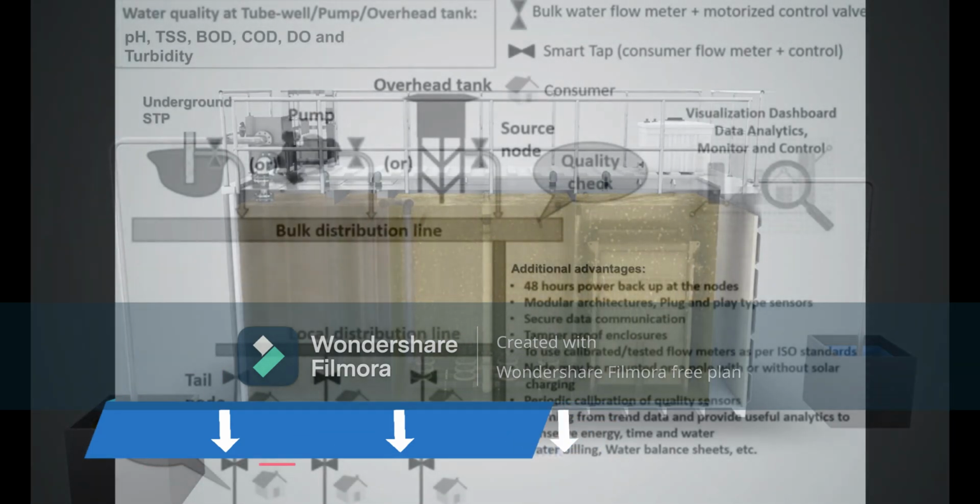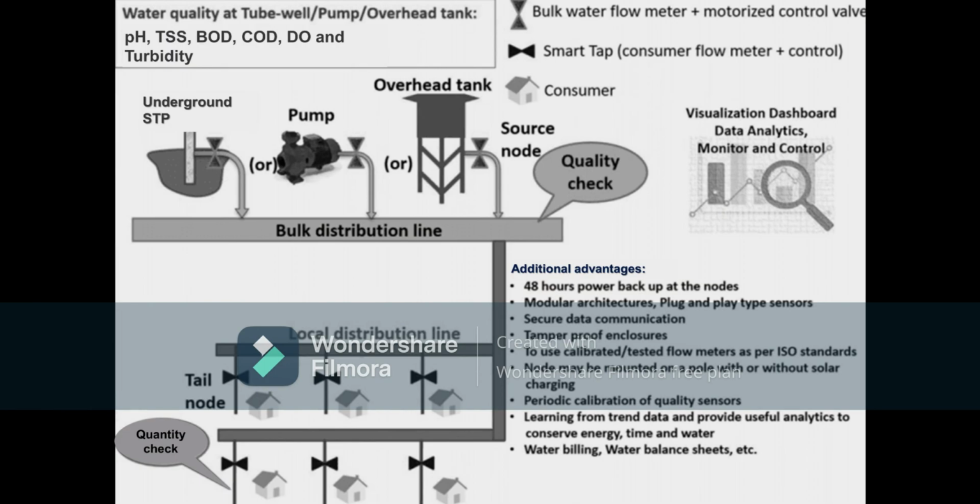Hall effect water flow sensors are embedded in the source node as well as the tail node. A change in differential flow between the source node and tail node would be able to detect the leakage automatically. By performing machine learning on the sensor data, we will optimize the parameters of the STP in order to obtain the best feed water quality with minimum power requirement.